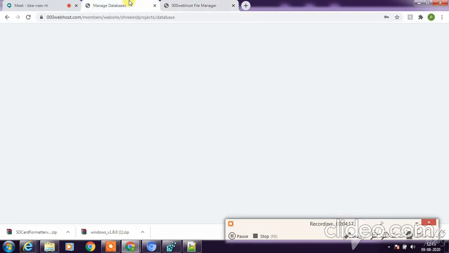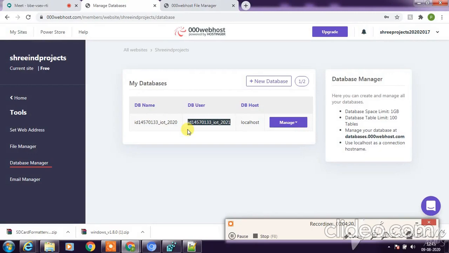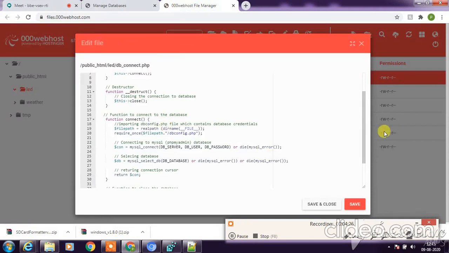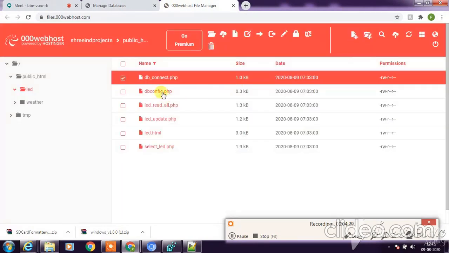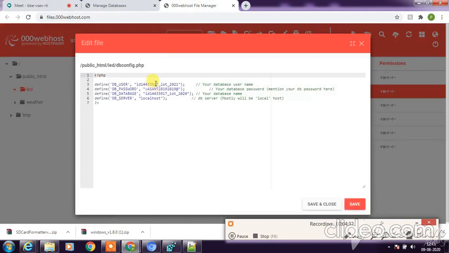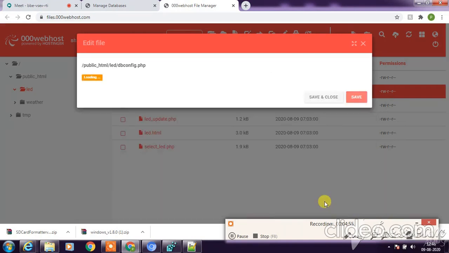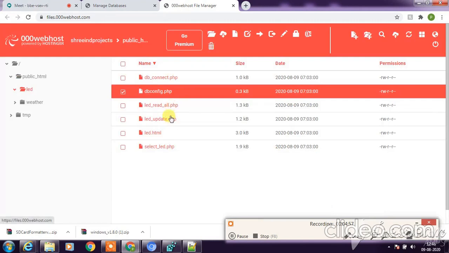Okay, so go here, I'll copy this, come back, db config, I will change. Save and close. Now I will read all.